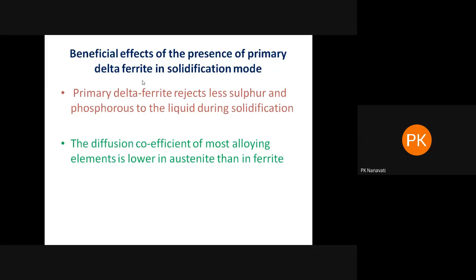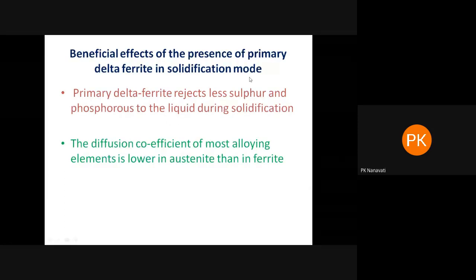So the technical or welding metallurgical reason is that delta ferrite will reject less sulfur and phosphorus. Most of the time the sulfur and phosphorus are creating the problem. So sulfur and phosphorus are more soluble in your delta ferrite region. It works as a sink for these low melting point elements like sulfur and phosphorus. So it swallows sulfur and phosphorus in your composition, and